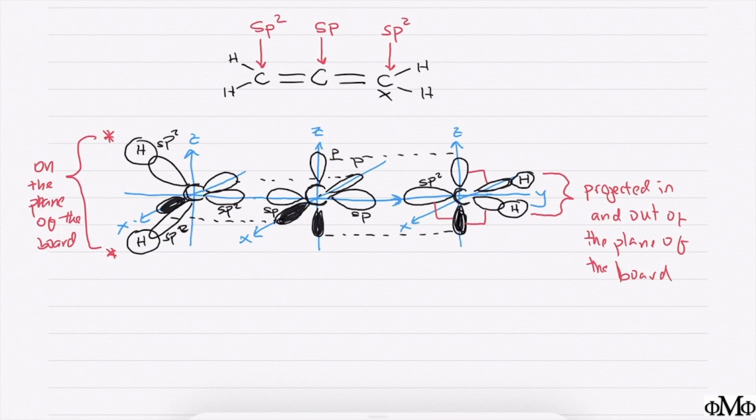This molecule, we happen to know from experiments, is not flat. And so the question is, why? We can explain that using hybrid orbital diagrams because of our understanding of orbital overlap and how that makes up bonds in